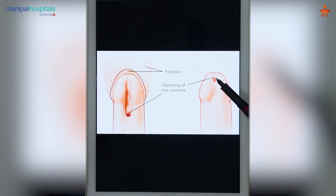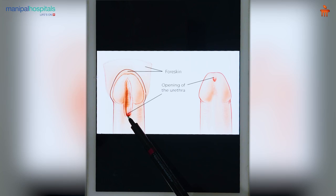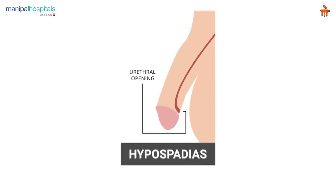So what should have been here at the tip is lower down, and it is not always fixed at this position. It can be anywhere from just below the tip to all the way down till the scrotum. This is a congenital problem where the development of the anterior or the front of the penis is deficient. So there are a lot of tissues like the skin and the deeper tissues which have not completely developed. The urethral tube, instead of traveling all the way till the end, falls short and opens on the undersurface. It's a range of abnormality where it can be just below its normal position or all the way down very